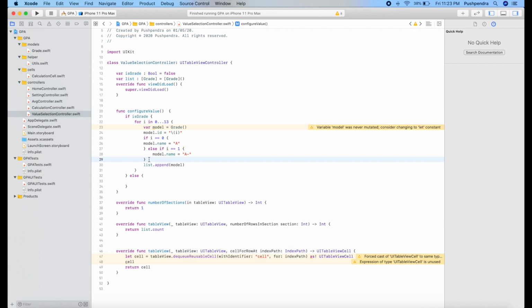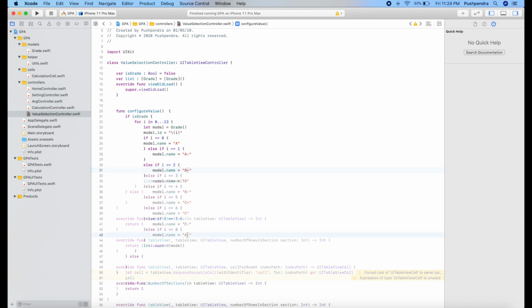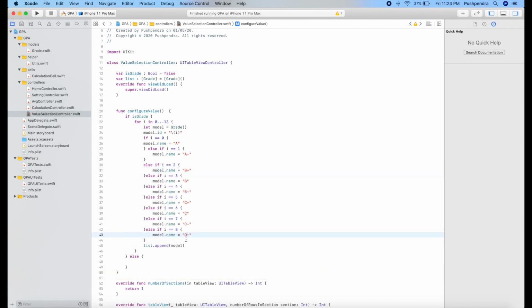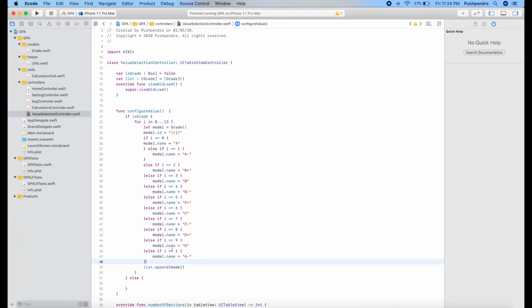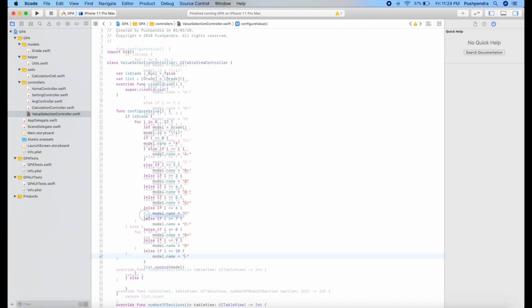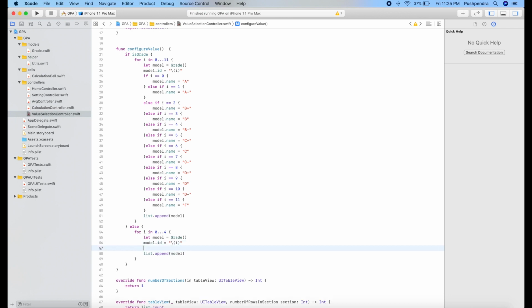If i equals 1, then a minus minus, and I will change all these as per our requirement. The complete list will look like that. So it's almost done. Copy and paste. Yeah, it's completely done, and our hour list will be like that.